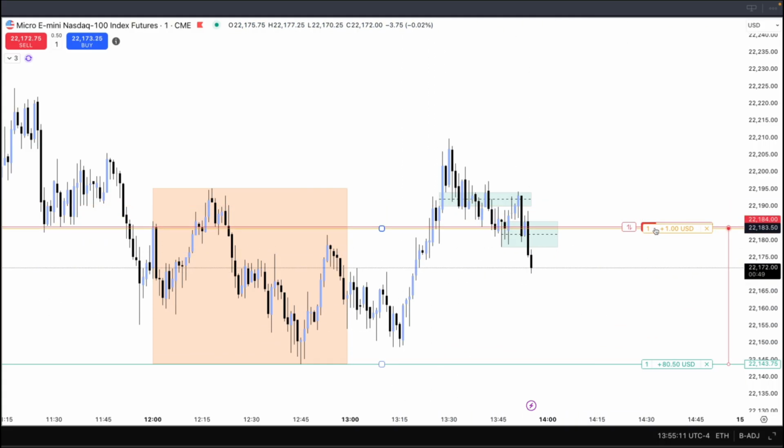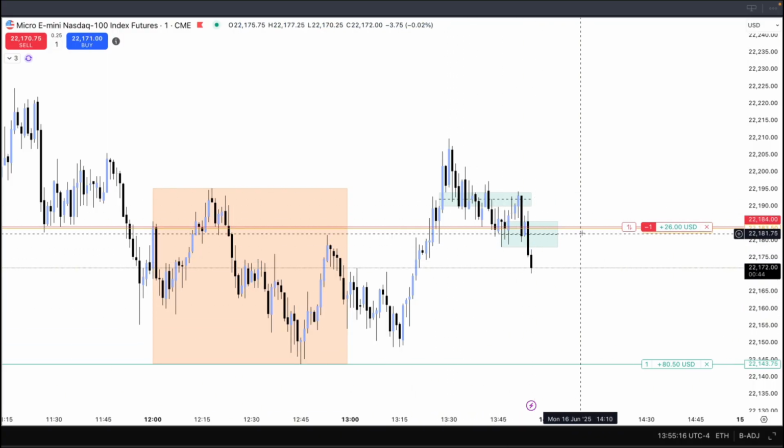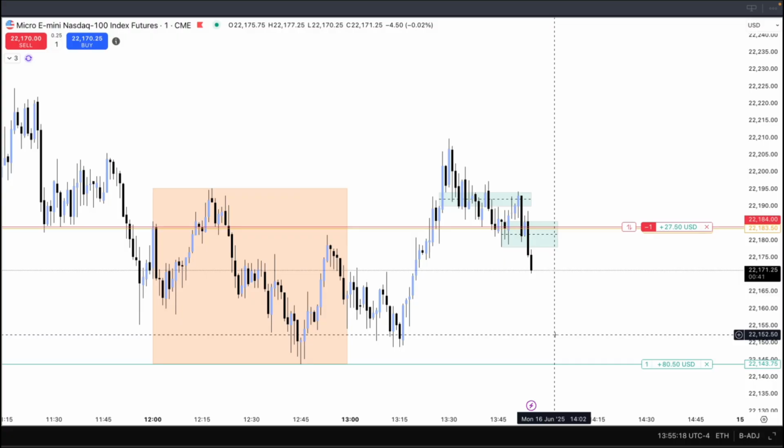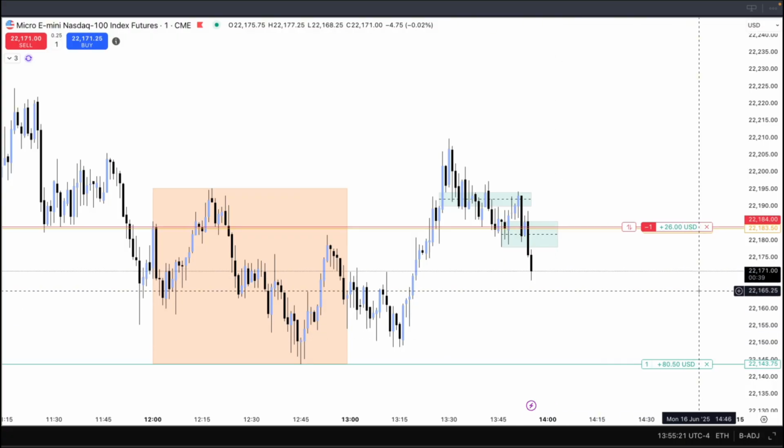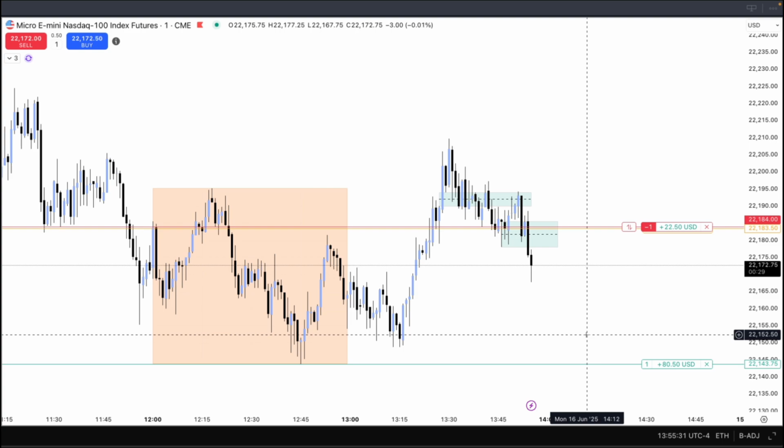Now, if you start scaling up and you get consistent, you scale up. Now is when the power begins of really exponentially growing your accounts. So now you see we have that wick. It's still annotated. We broke below it, closed below it. I moved my stop loss to break even because if we are going to go lower and hit where I think it's going to go, it should not trade back up in there.